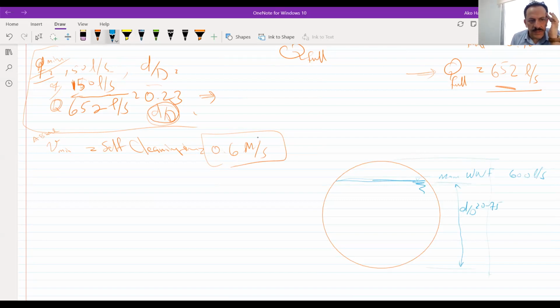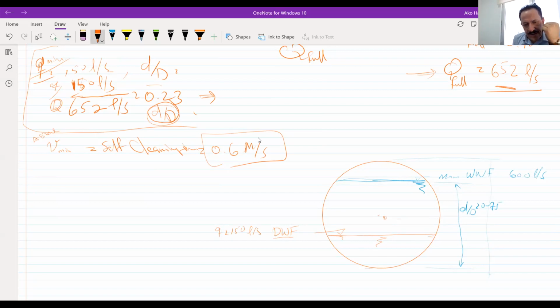Hello? Sir, yes. Yes. Now, the second case is that I have the same pipe, the same sewer, but it will have a lower value of flow. This is what we call dry weather flow. Dry means it's not including any rain, right? So the flow here is equal to 150 liter per second, right?